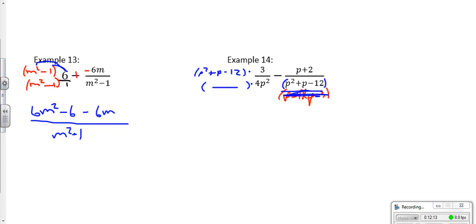Sorry about that, but my mouse is being a pain. But I have to distribute the 3. That will give us 3p squared plus 3p minus 36,